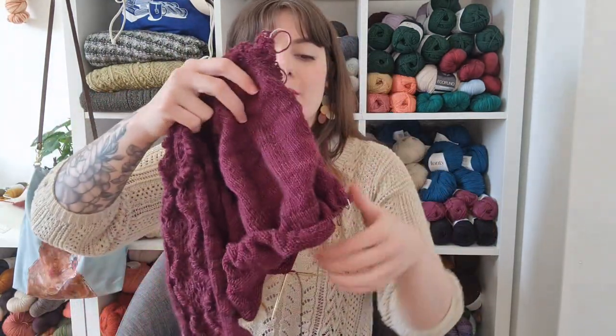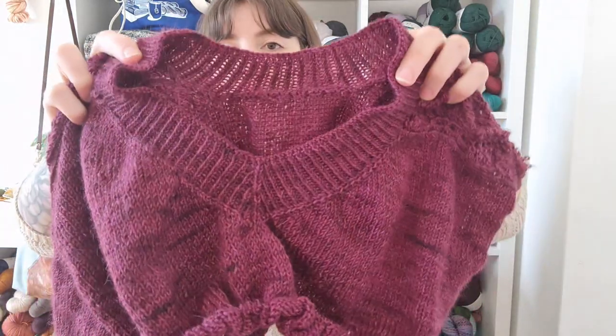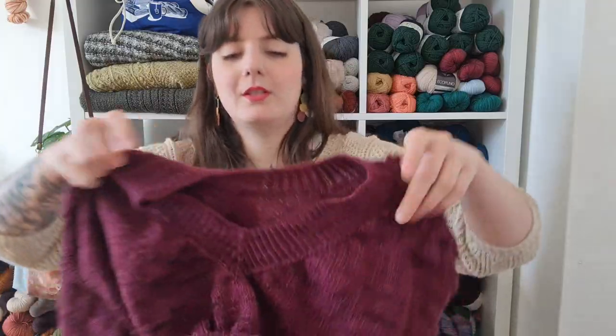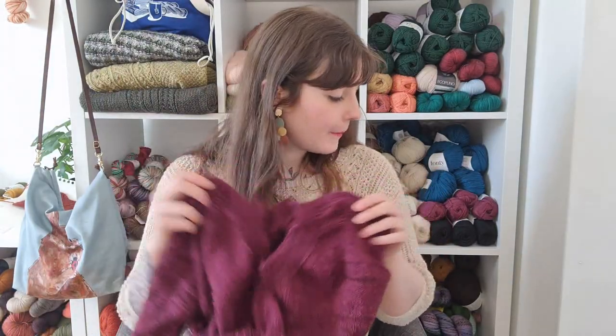Kept the armhole edge, not hedge, here. And this one is going to be a straight body for me, and I have made the v-neck a little bit higher, because since it's a sweater, I want a little bit more coverage. So this is a good way to show. Is there a hole there? Oh no, it's fine. I thought it was a good way to show that you can pretty much adjust the neckline as you wish, because you're knitting for however long you want. So yeah,